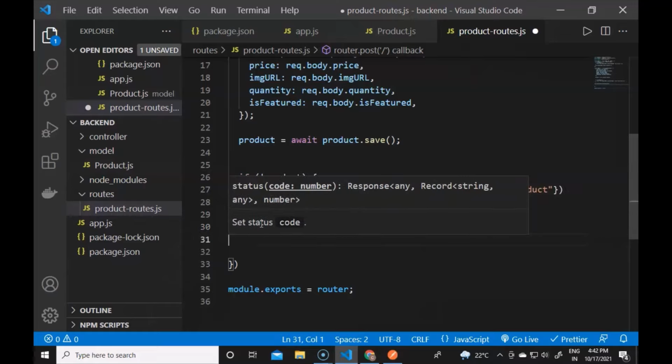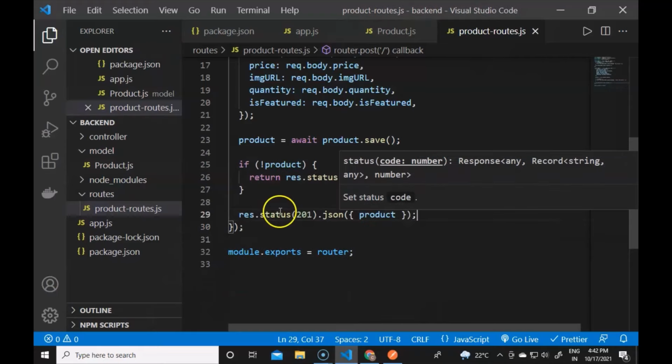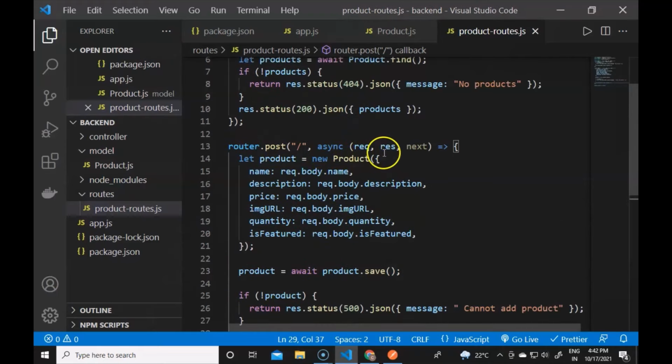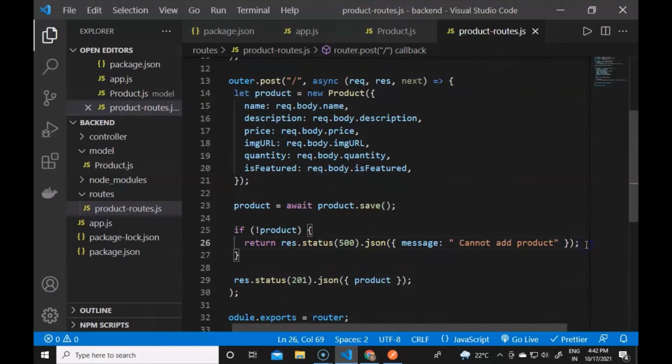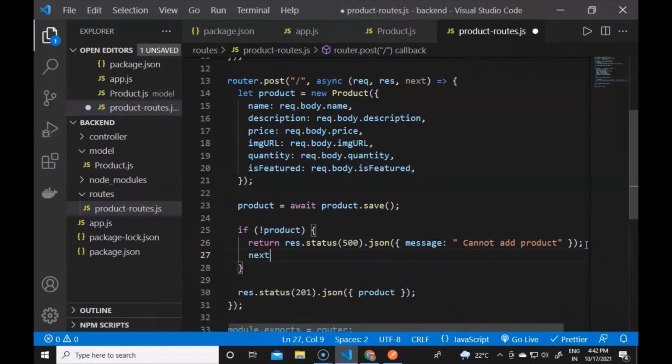So, guys, now this will be the post function in this request. We have the router.post, the async function. If there is an error, we can use the next function here, which will be the next middleware. So the request, response, and the next. We are requesting the request.body from it, which contains the key value pairs of the data to be submitted, and it will contain all the fields of the product.